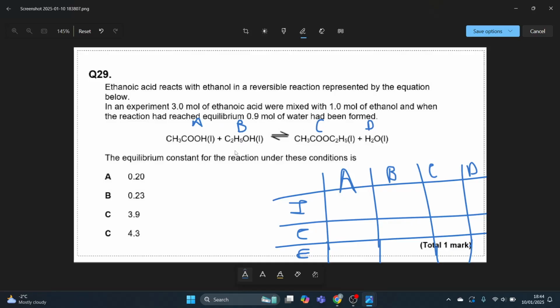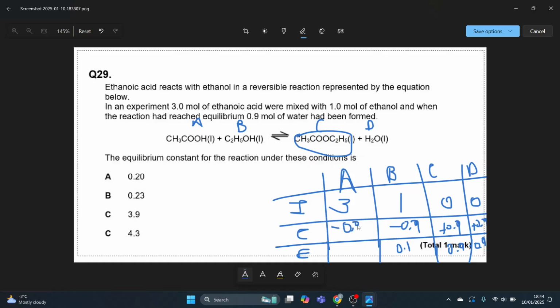Initially 3 moles of ethanoic acid mixed with 1 mole of ethanol. And when the reaction reaches equilibrium, 0.9 moles of water is formed. 0 plus 0.9. 0 plus 0.9. Because it doesn't give us the initial moles of this, we're going to assume it was 0. Therefore, minus 0.9, 0.1,